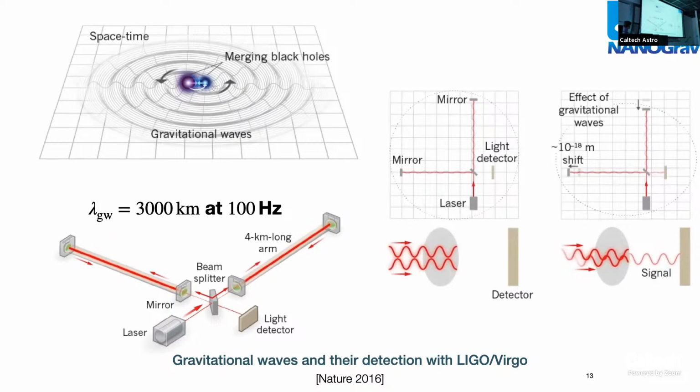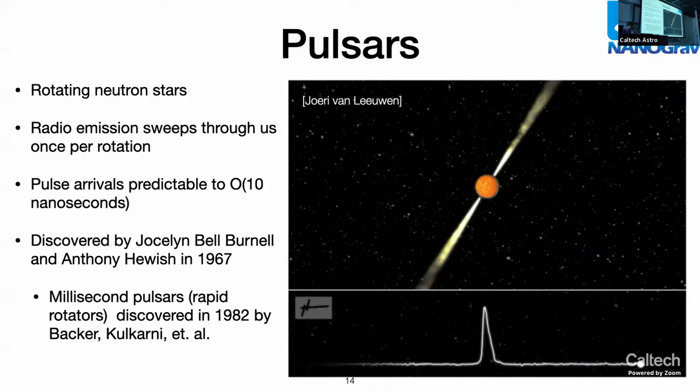But if a gravitational wave passes, then the path length traveled by this laser is a little bit longer in one direction than it is in the other. And so you get some different interference pattern out, and you get some extra pattern of light here that encodes the information about the gravitational wave. So this is the way that LIGO works, but we're using pulsars and pulses from those pulsars instead of lasers and mirrors to try to make a detection.